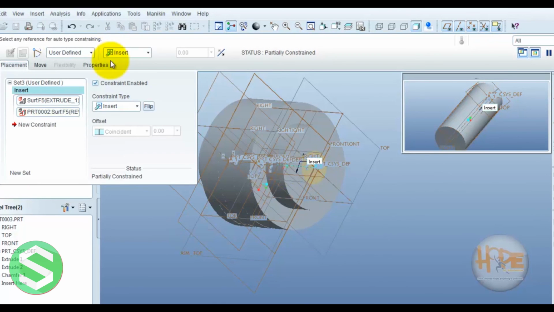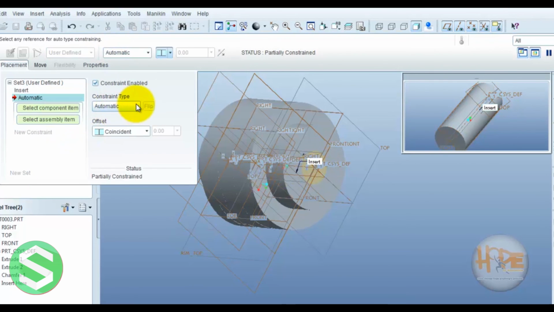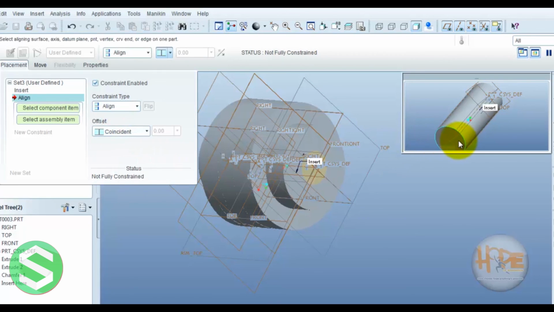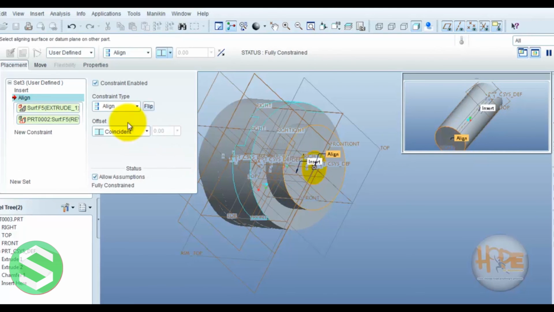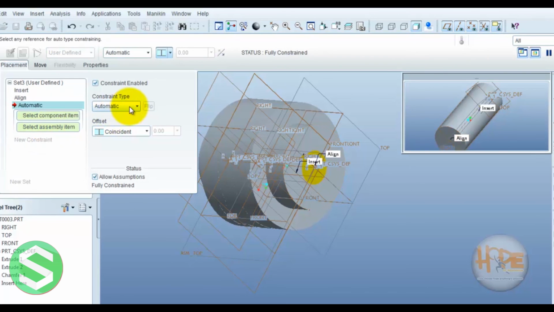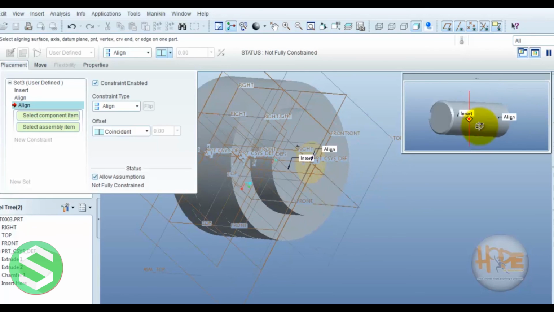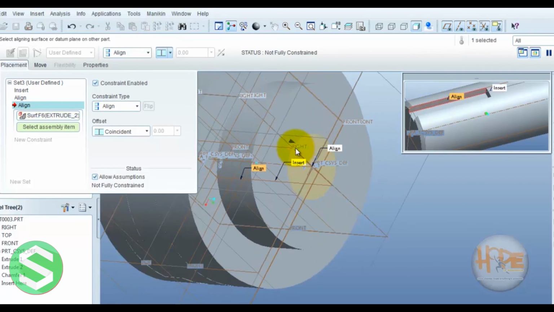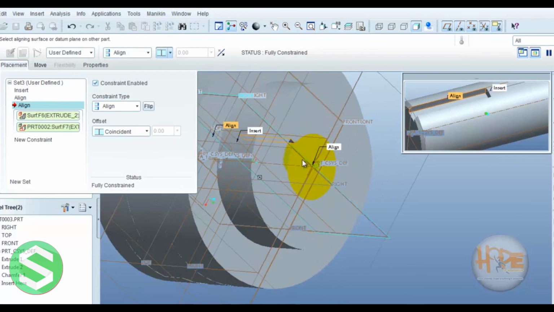Now the new constraint is align. Now this surface is aligned with this surface. Now another new constraint is also align. In this part, this surface is aligned with this surface.